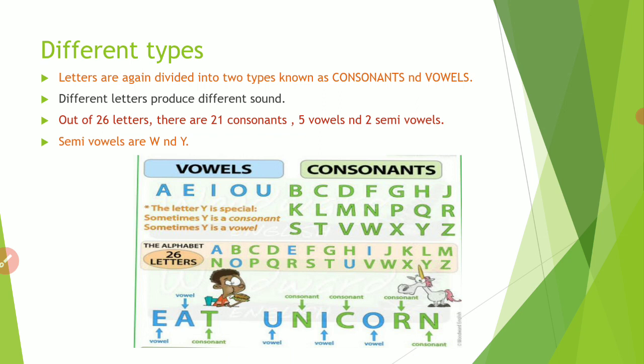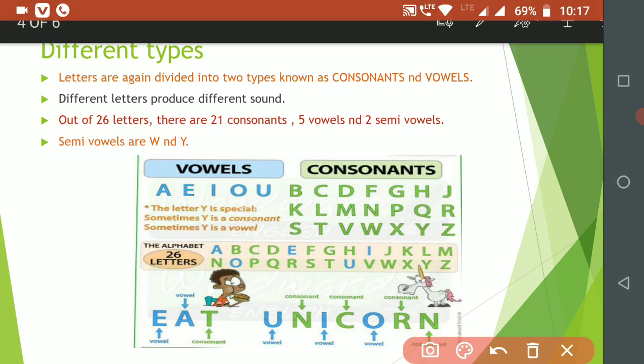Okay, so now let us look at the picture which I have included over here for your better understanding. As you know, graphics give a kind of memory presentation in our mind, and that is saved for a longer period of time. So you can see that in the image below, I have divided the blocks into vowels and consonants. Vowels are, as you can see, A, E, I, O, U, and the letter Y is special. Here W is not written, so I will also be telling all these things in the next video.